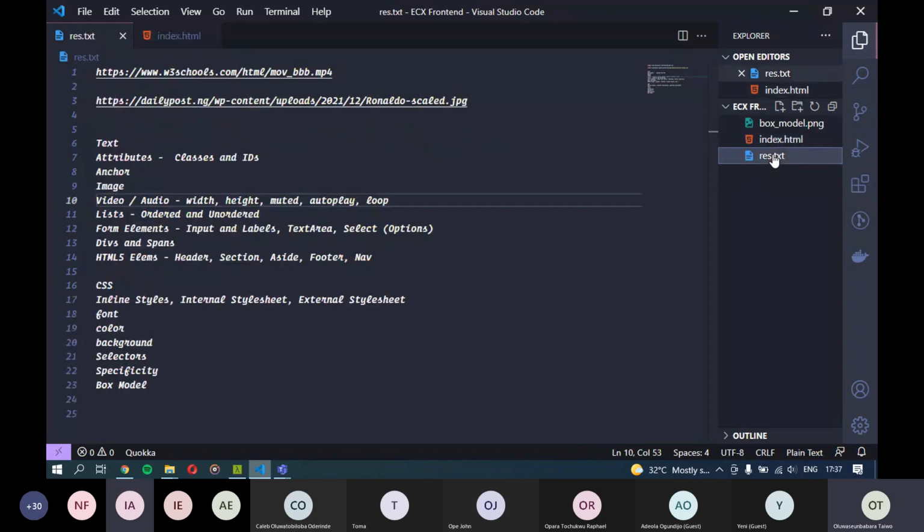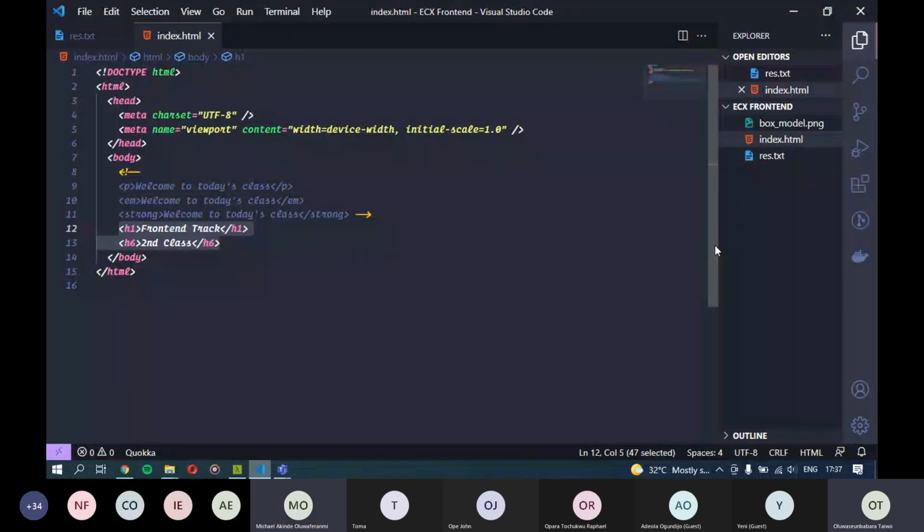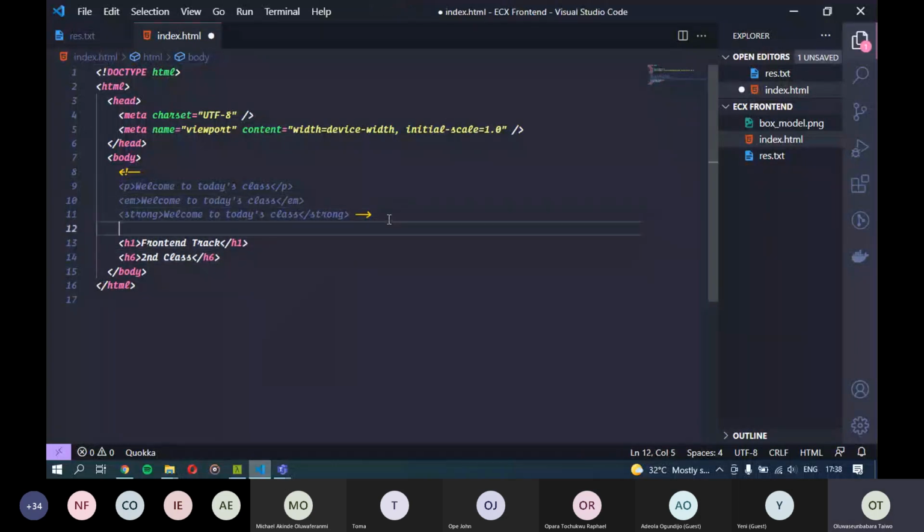What is the function of comments? Okay, so let's say I was writing this code, or what use case should I give this? Say you're working on a team, and somebody has done this before. What you wrote in the HTML file was this: you wrote H1 front end track and H6 second class.